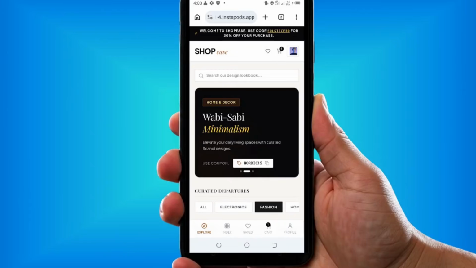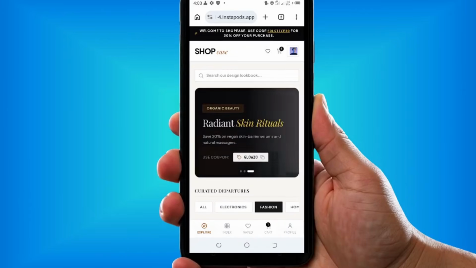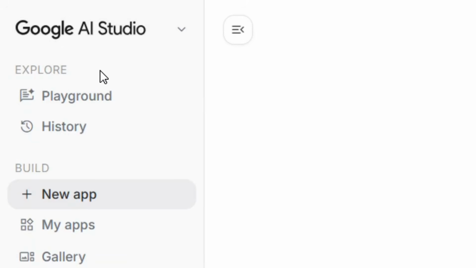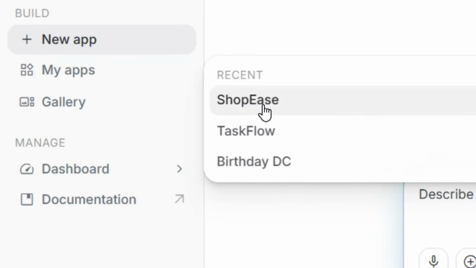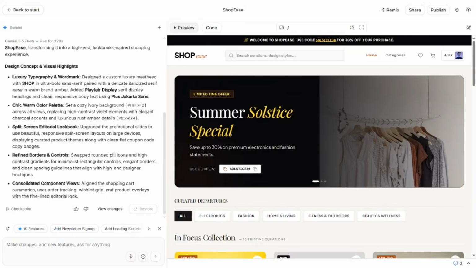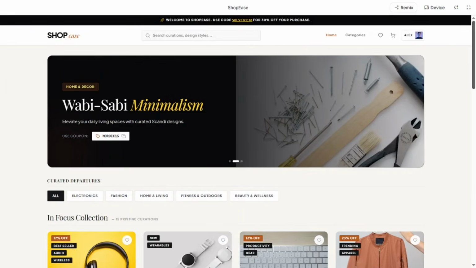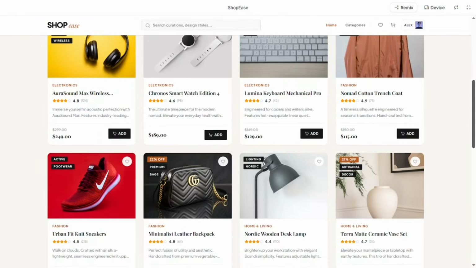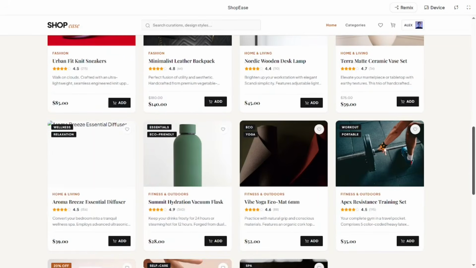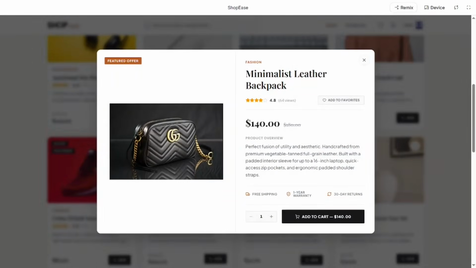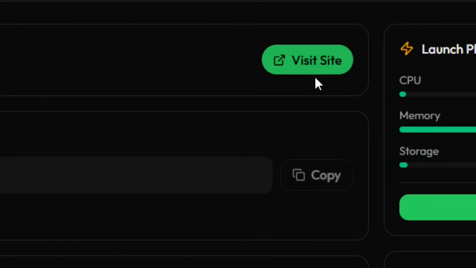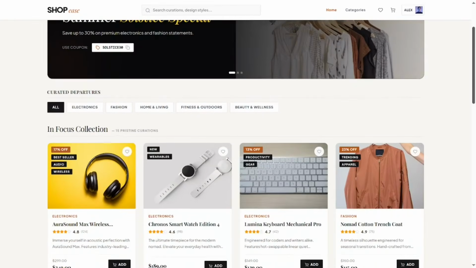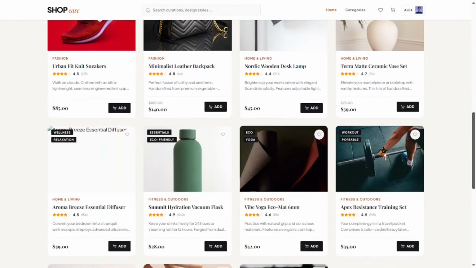And one thing is that I built this complete web app inside Google AI Studio. When you come here to where you have my app, you see that this is the web app. Let me click on it for you to see, and it is working perfectly fine. Let me show it in a zoom, that is the full screen. As you can see, inside Google AI Studio, my web app is working perfectly fine. I was able to host it online on InstaPods. And when I click on visit site, as you can see from here, it is working on my live